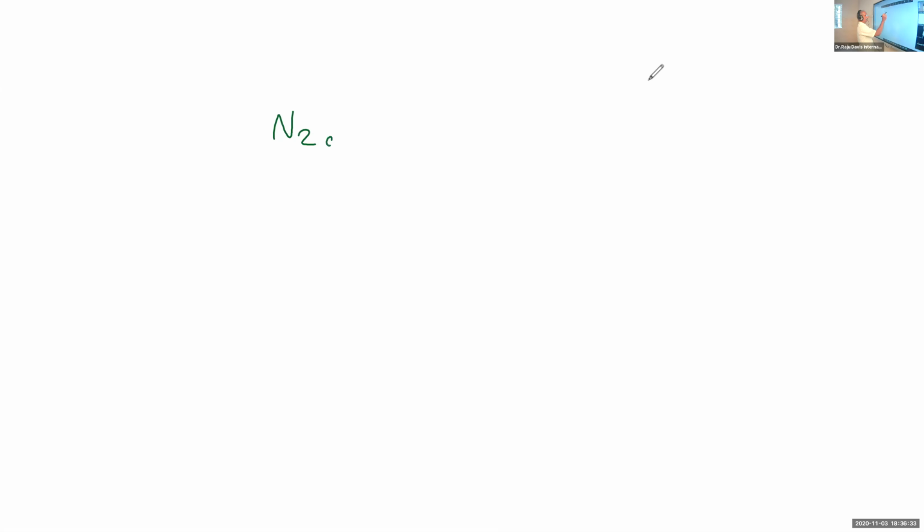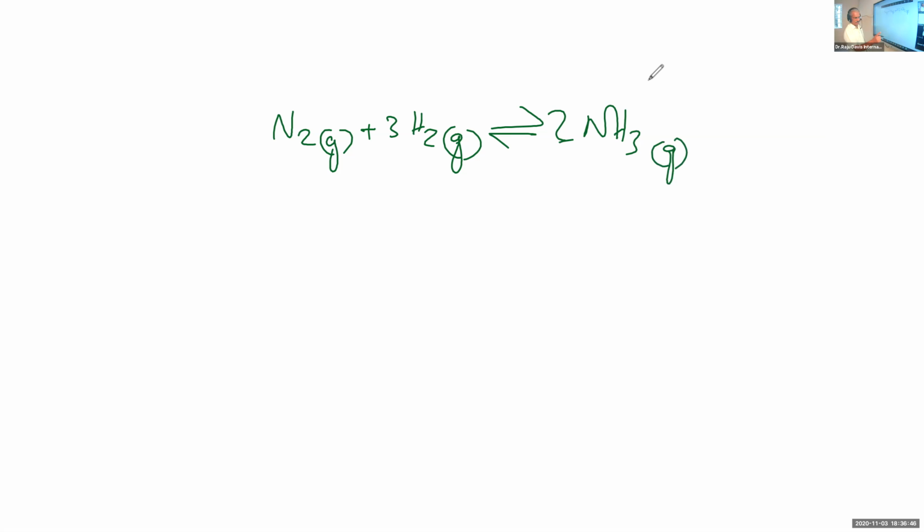Say N2(g) + 3H2(g) reversibly giving 2NH3(g). Remember, we need all these things for the second year. You must be able to write the equilibrium constant in the second year. You have to apply this, so you must study it here itself. So what will be the equilibrium constant for this reaction? How can we get it? We can write it. Equilibrium constant Kc is equal to,